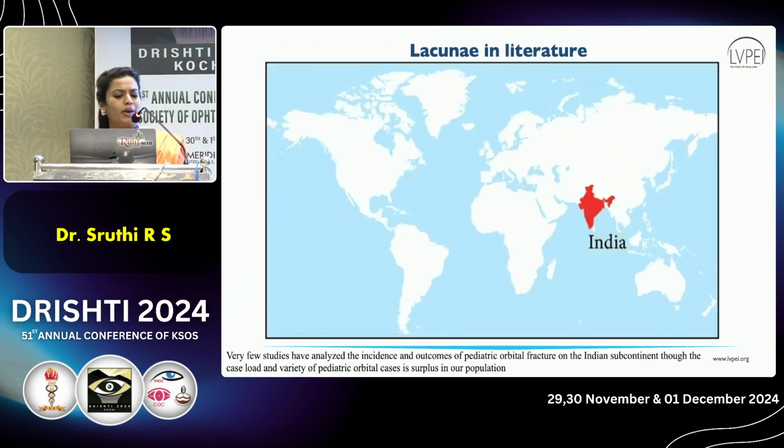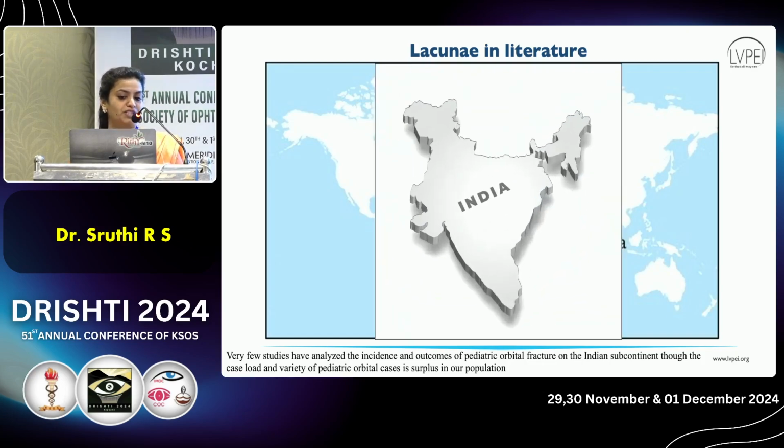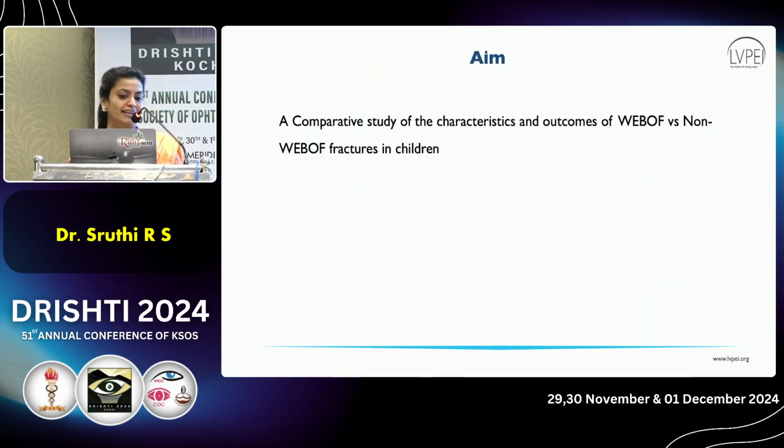Now, there are very few studies which have analyzed the incidence and the outcome of pediatric orbital fracture on the Indian subcontinent, though the case load and the variety of pediatric orbital fracture is surplus in our population. So, this was a lacuna in literature. This made us aim at comparing the characteristics and the outcome of white-eyed blowout fracture versus non-white-eyed blowout